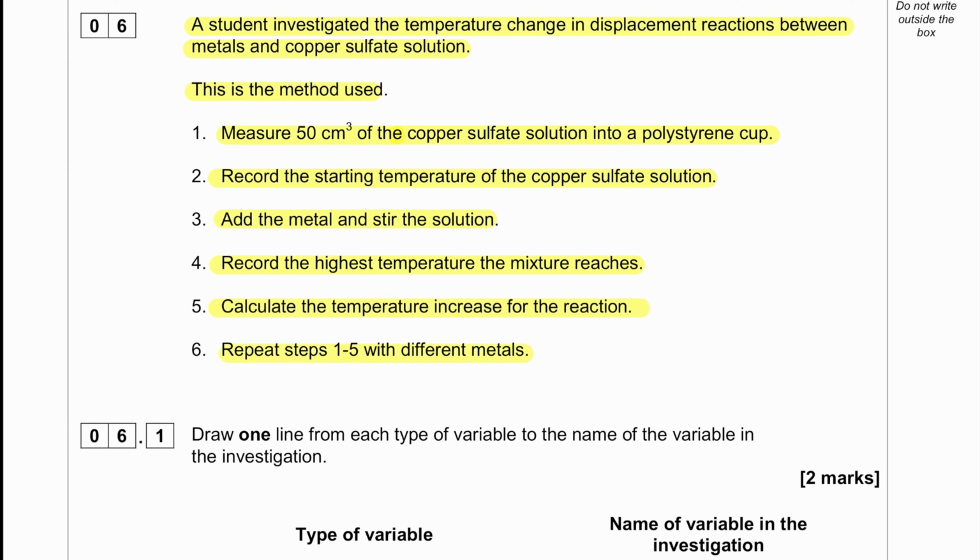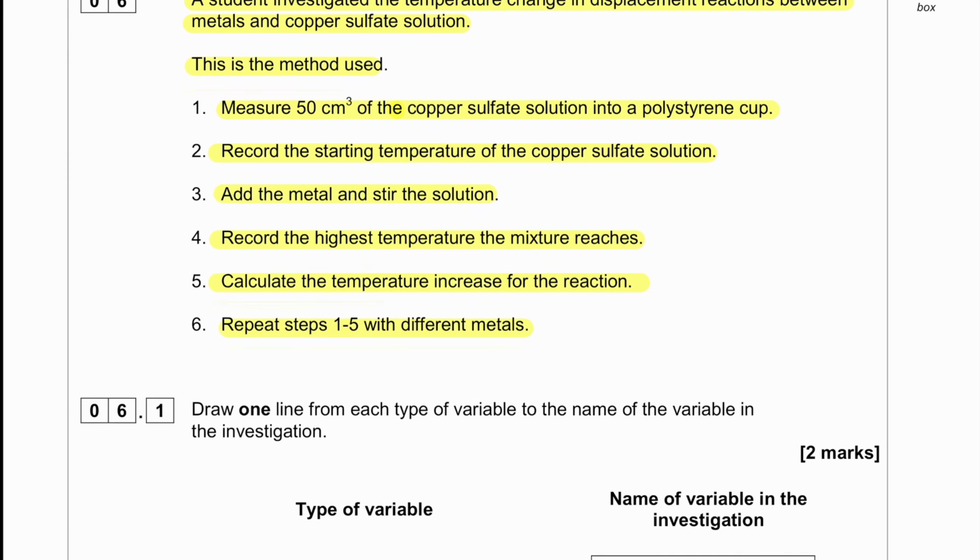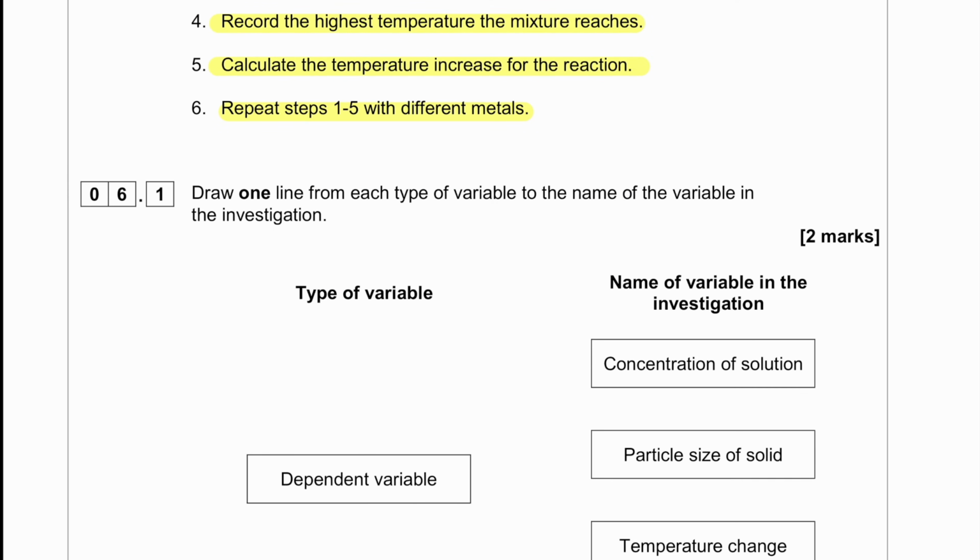So basically what's happening here is that once we are going to add different metal with this particular solution, we are going to experience a chemical reaction, and this is a displacement chemical reaction. The copper 2 ion will be displaced by the ion that we are replacing with the metal that we are adding. If the displacement reaction is successful, then this will generate some amount of heat energy, which then can be calculated. Now the question says, question number 6.1, draw one line from each type of variable to the name of